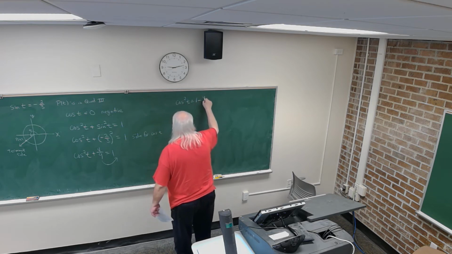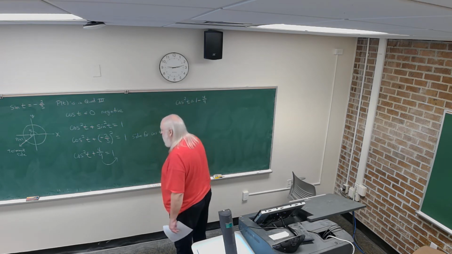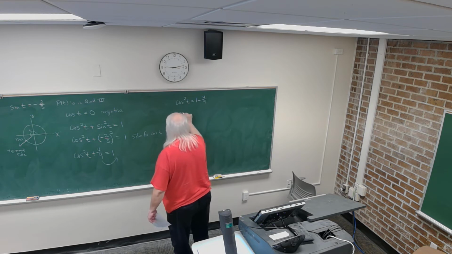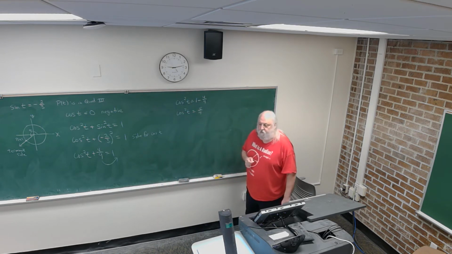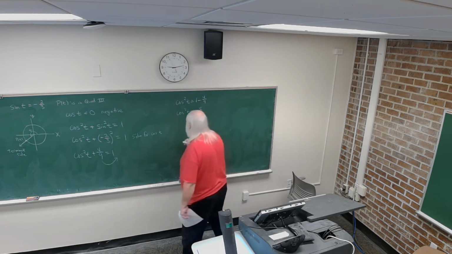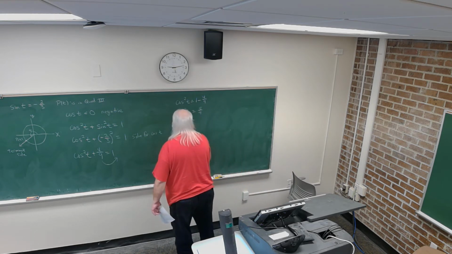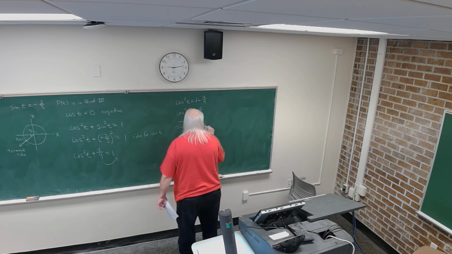So 1 minus 4/9 on the right, and 1 minus 4/9 is 5/9. And now I take the square root of both sides. Okay. So I have the square root of cosine t squared is equal to